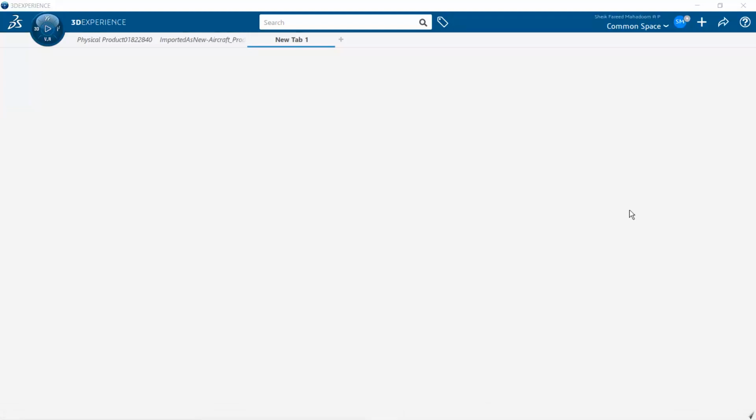Okay. First of all, we have to import the data, whatever styling data we are getting from the stylist. So for that, first you have to go to the software. Okay, 3D Experience, we are going to do the styling on the 3D Experience platform itself. First of all, we need the data, right? So let's click on the import button, and here you will have the import option. Click on the import option.